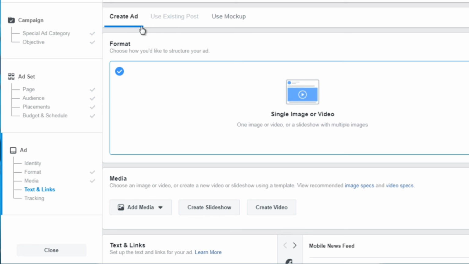Now, you can also create an ad just to test different images separately from your post by simply adding the images here, and then down here, adding the text and adding the links. Now, remember, because we are simply sending people to images with quotes on them, the text that you might want to add is something like this, like, hey,